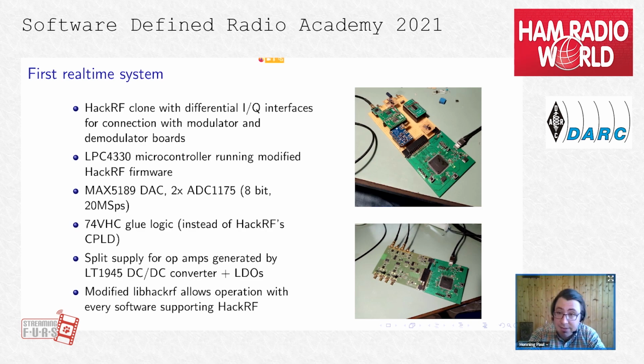I forked the libHackRF, and I also forked the embedded software running on the microcontroller, and basically this was how I got operation with any software that supports HackRF. Let's just say it's a modified version of all the source code. And that's, I guess, one of the large benefits of open source software. You can just get the source code from GitHub, modify it to your needs, and then load it into your own homebrew design. Basically, you're standing on the shoulders of giants regarding the software that already exists out there.